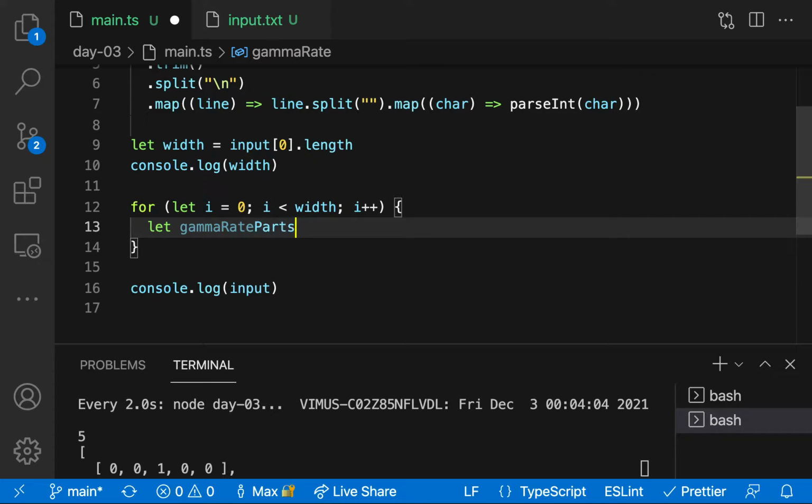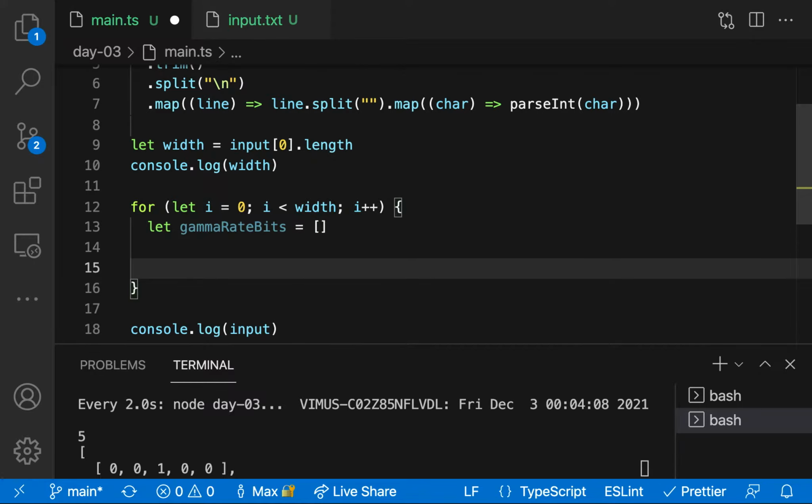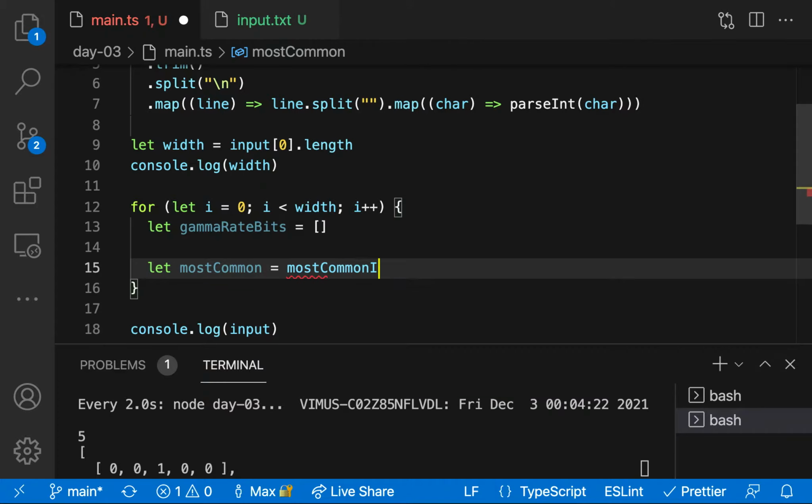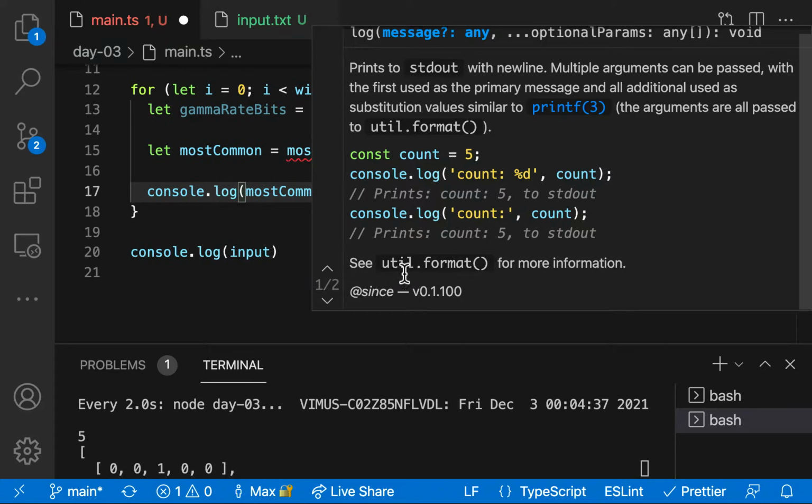Gamma rate bits is something like this, and we'll just do let most common equals most common in row, and we'll just pass in input and I guess, and then